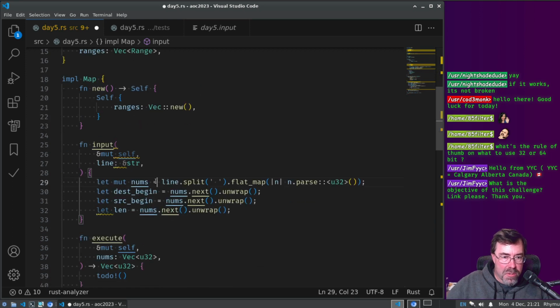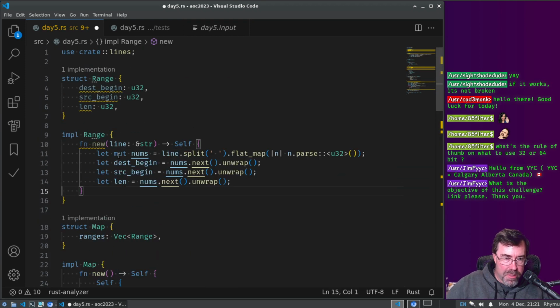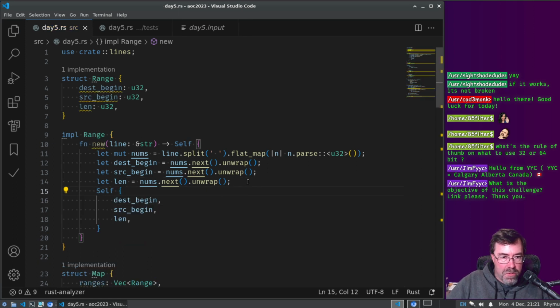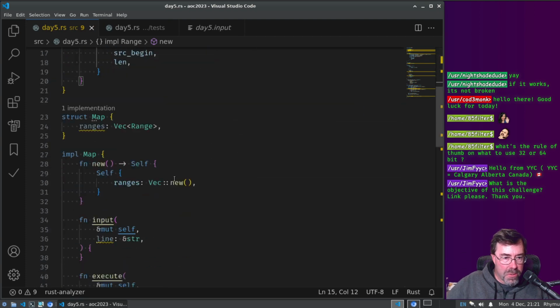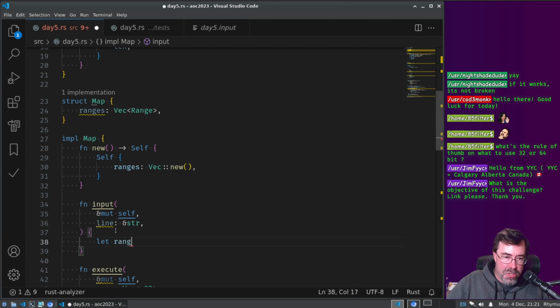I'm just going to cut it and paste it up here because that's how confident I am that this is what I want. Because then I want a self and then have this. There we go. We're done. So input's just going to say let range equal Range::new line.